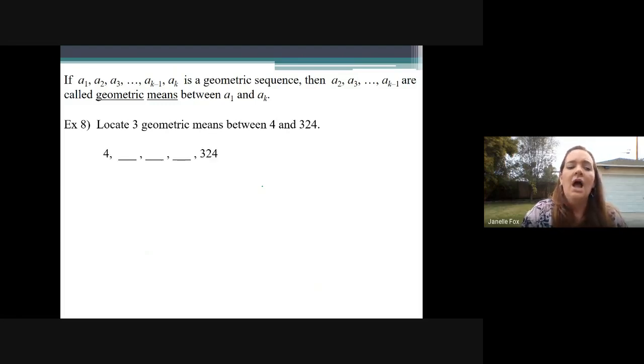We're going to write this sequence out. So 4 is right here. That's our first term. And then we're going to go comma, 1 space, comma, 2 space, comma, a third space,